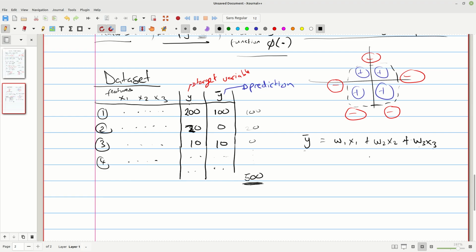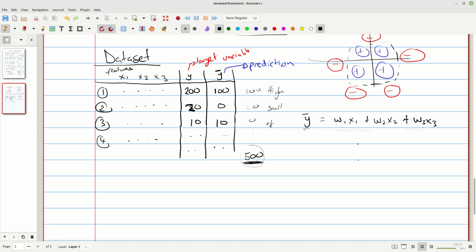Given this, we predicted 500. This is y bar. So what can we change here in order to make the predictions closer to the actual? We want to minimize this error. The only thing we can change is w. We can change the value of w so that when we do this multiplication, maybe the next time it will be closer to 200 here and closer to 20. So here the error is quite high, here it's small, and here it's right. It's okay. So we want to modify w so that we minimize this total error.